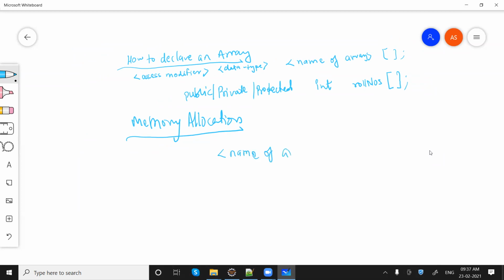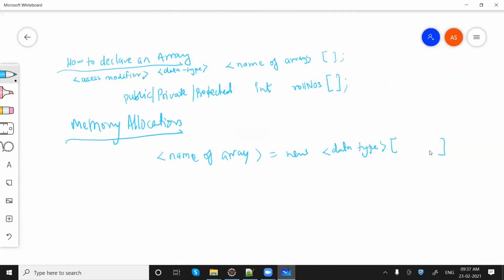Name of array, then equal to new keyword and the data type that we took earlier. And here we will have square brackets with the size, meaning how many elements or objects you want to store. For example, the name of our array was rollNumbers.